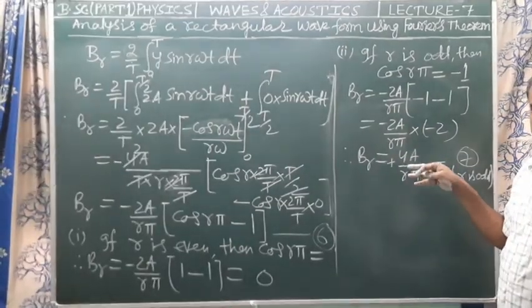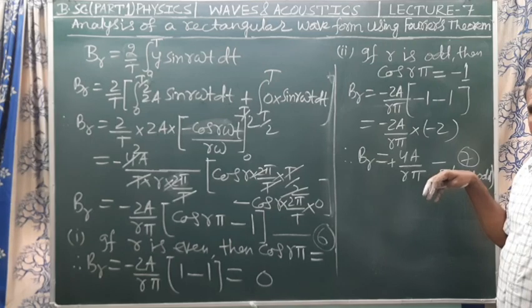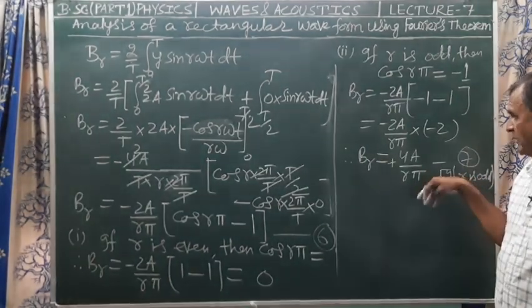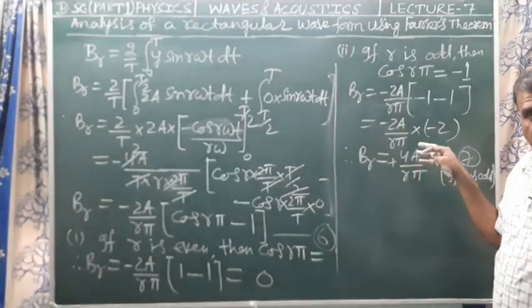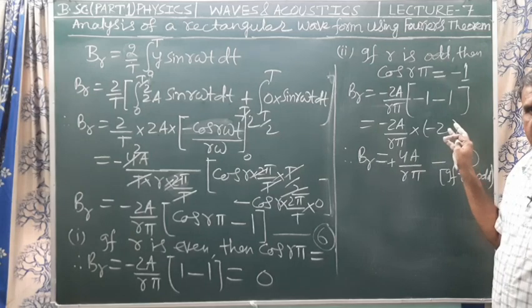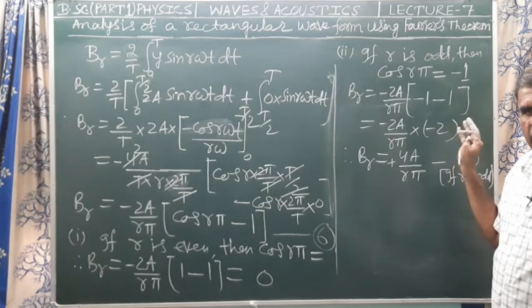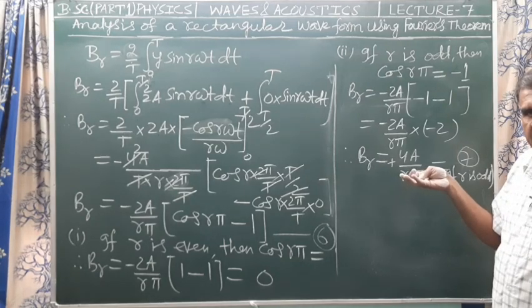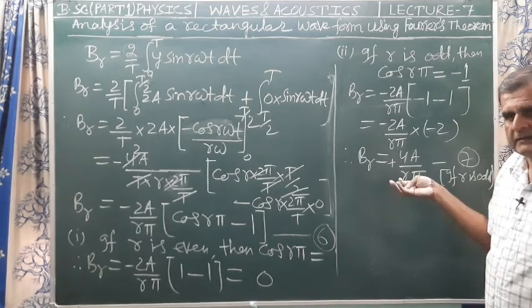That is, only odd sine terms of the amplitude coefficients, that is 4a upon pi, 4a upon 3 pi, 4a upon 5 pi, 4a upon 7 pi, and so on, will be present in the Fourier series of the rectangular wave. Hence the complete Fourier series for the rectangular wave is